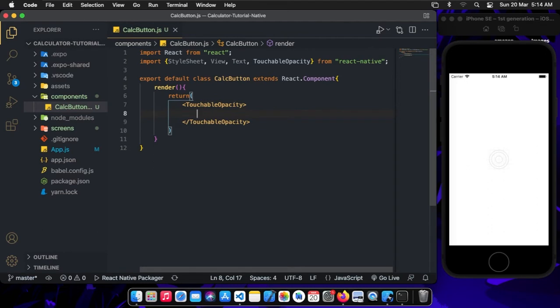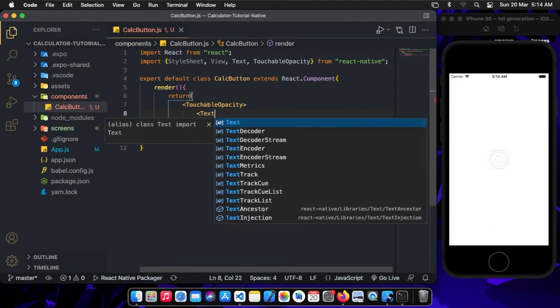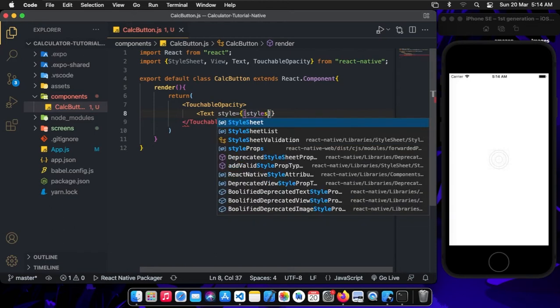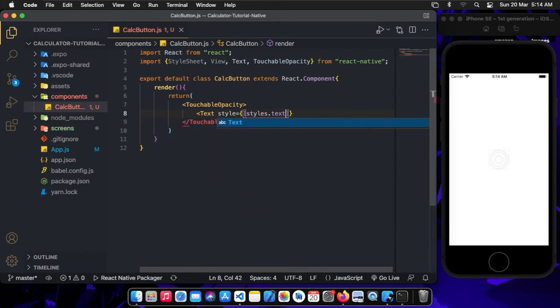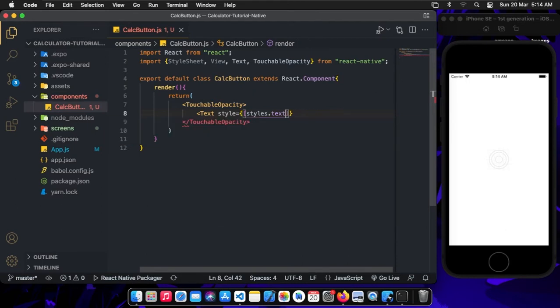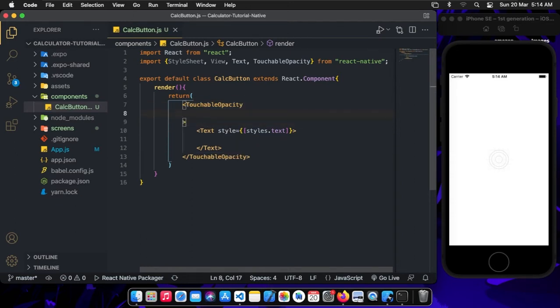In this TouchableOpacity button, we are going to have a text for our button that is going to have a style of styles, or we are going to provide an array of two styles: styles.text, and the other one is going to be the color that we are going to provide. Otherwise we can just keep it simple, styles.text for now, and come to our TouchableOpacity button